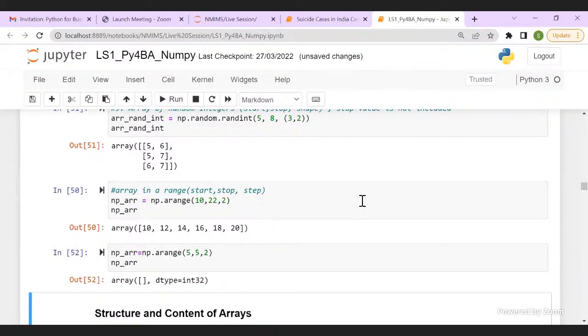Yes, the start and stop are the same. If the start and stop values are the same, it will generate an empty array because the stop value is not included. So there is nothing wrong with your code. It's perfectly good. Shreya, just change your stop value.